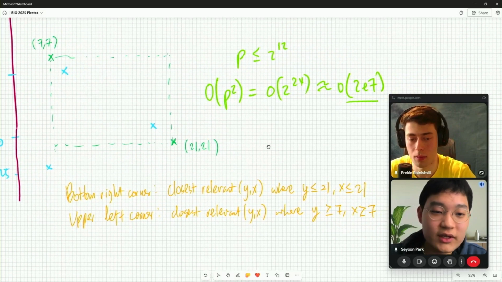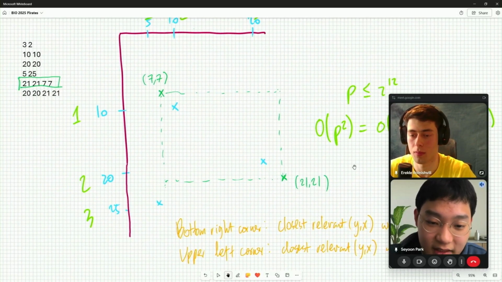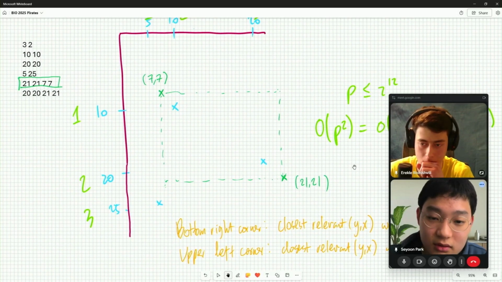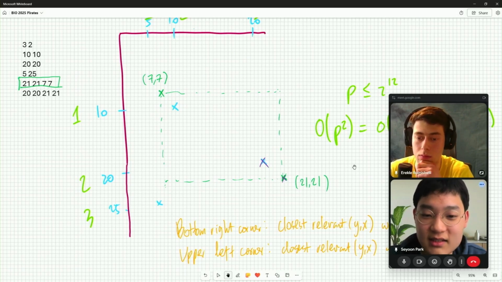So if we apply these two rules, let's apply the first rule first. What will that look like? For example, this bottom right corner will get shifted to here because this is the closest relevant point from the bottom right corner.